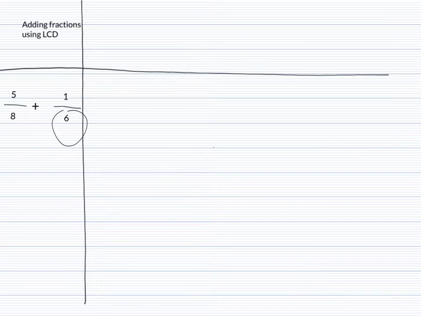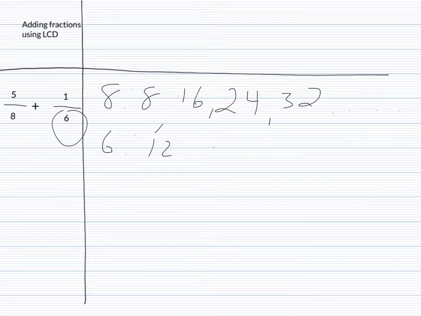common multiple they share. So the multiples of 8 are 8, 16, 24, 32, and so on, right? And the multiples of 6, we have 12, 18, 24, and so on. No need to go any further because we know 24 is a common multiple. Now, we're going to put that as the denominator. So we have 24